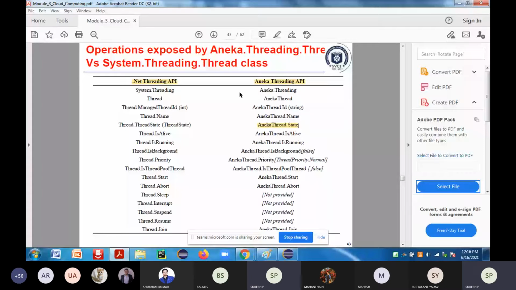For checking the status of the thread, I have to make use of the API Thread.IsAlive. Thread.IsAlive tells whether the thread is in the running condition, whether it is in the queue or not, or whether it has already terminated from the process.